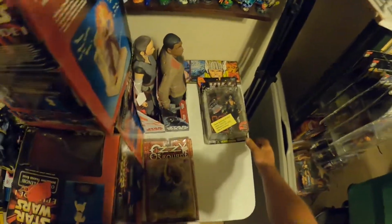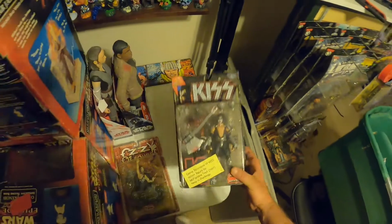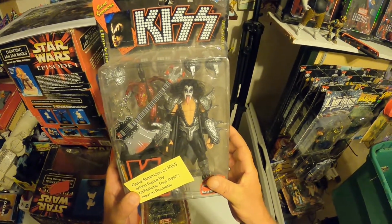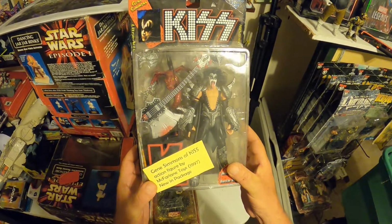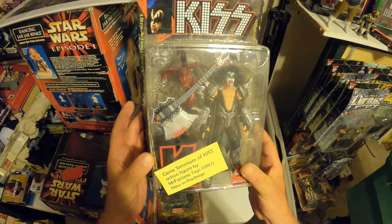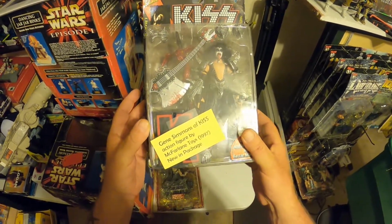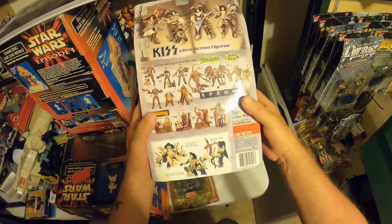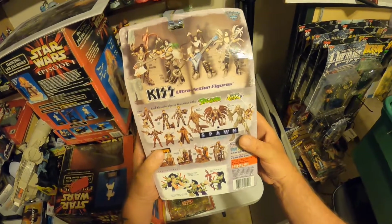I really enjoy getting these older action figures. That one, he's got a battle axe in there. Looks like he used it. Gene Simmons. McFarlane Toys. That one's on the card pretty good. And